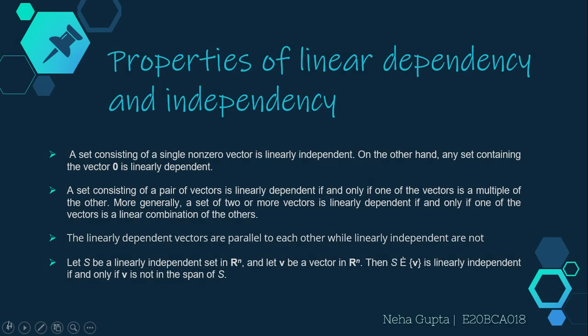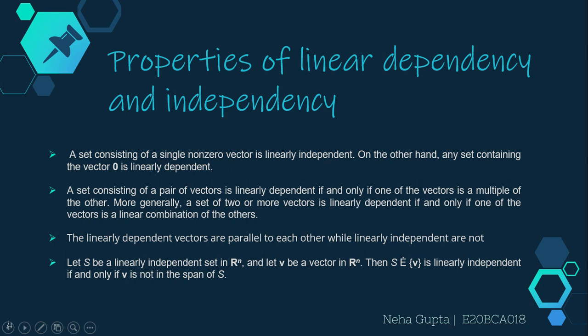Here are some properties of linear dependency and independency. The first property: a set consisting of a single non-zero vector is linearly independent. On the other hand, any set containing the vector 0 is linearly dependent. As we saw in the earlier example, the single non-zero vector is linearly independent and the vector 0 is